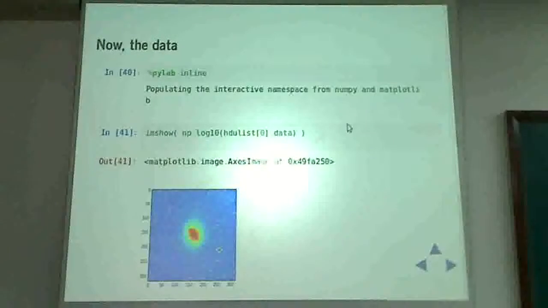Okay, so I can plot the data that is there in this. This is the command I use in IPython to say that I want to go into pure interactive plotting mode. And then there is a command called imshow, which accepts a two-dimensional array and treats it as an image. I have passed the entire data to imshow, and I have done a log transformation to it, because linear scales cannot be viewed properly, and I get the image here.